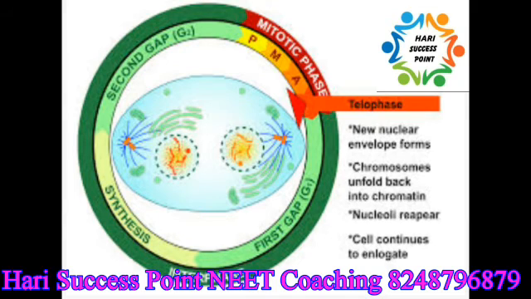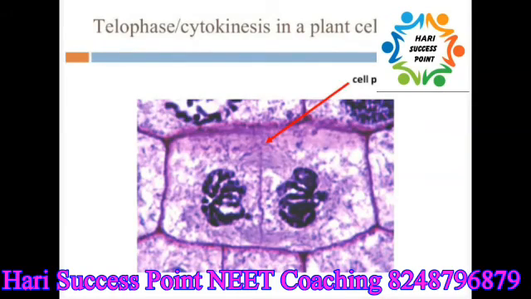That means all the things that happened in prophase occur in telophase in the reverse direction. During it, the cell returns to its interphasic condition. The major events of telophase include despiralization, condensation and elongation of chromosomes, reconstitution of nuclear envelope, reappearance of nucleolus and reconstruction of nucleus, dissolution of mitotic